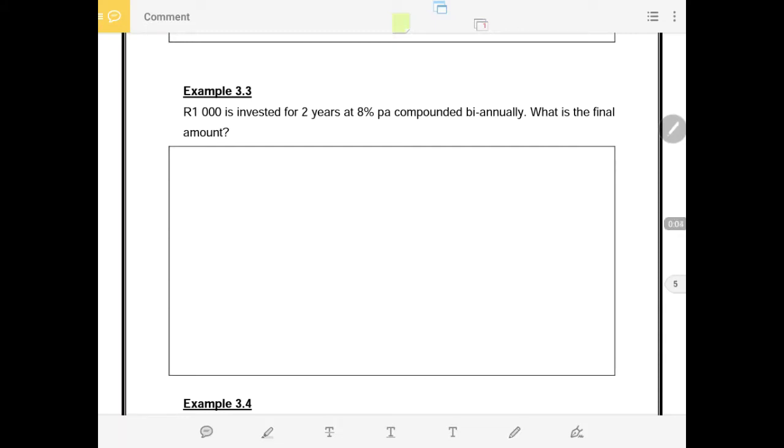We are now in example 3.3 of the topic named compound interest. I've introduced you to the functions of the calculator, how to clear the calculator whenever you're using the functions: present value, future value, interest, and n. Then now we continue on that same note. It says